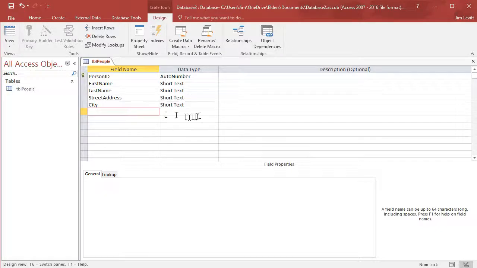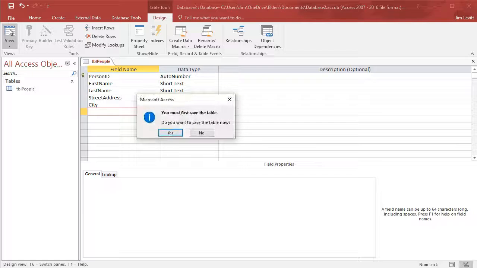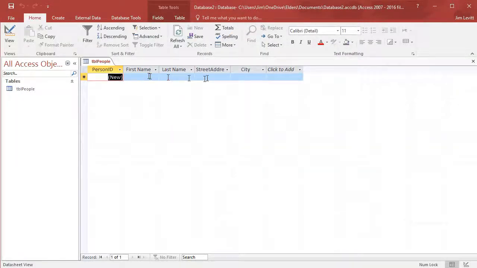But what I want to do is I'm going to go ahead and save this. So I'll click on the view option up here. I'm going to save it, yes. And now I have saved it. Now I can put data in. So I can put in John Smith